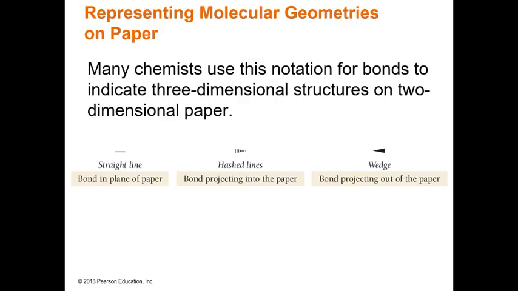When drawing molecules in 3D on paper, we use specific bond notations. A solid wedge represents a bond coming out towards you, while a dashed wedge represents a bond going away from you. Regular lines stay in the plane of the paper. This notation helps convey the